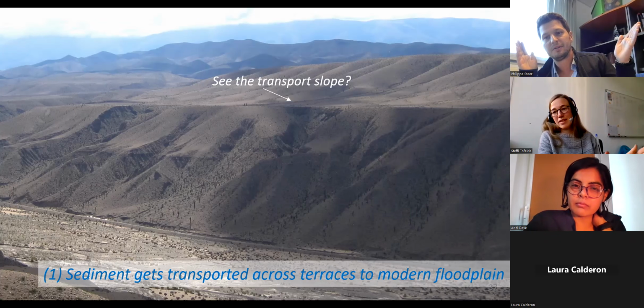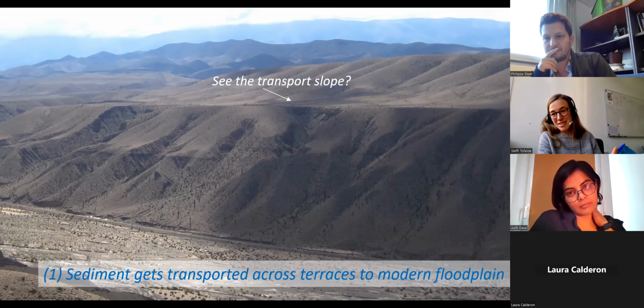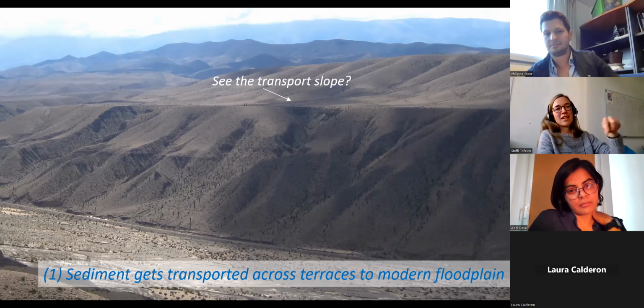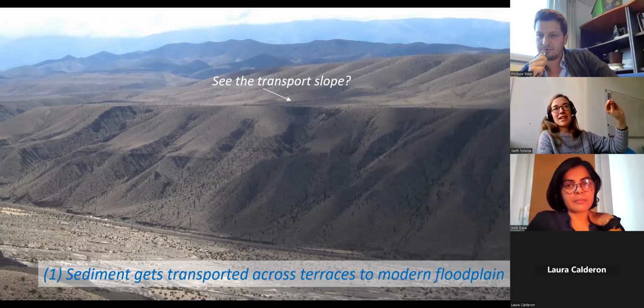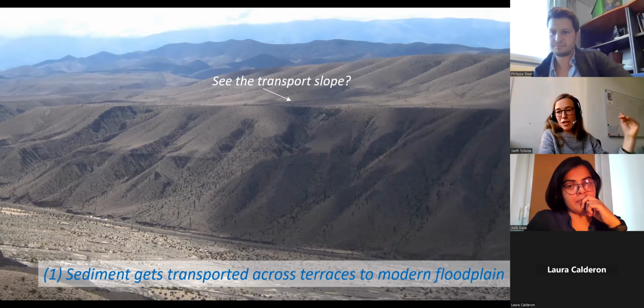So the question is always then, do you start to change your transport capacities? The idea that we had is that these terraces in Toro really formed due to this climate cycle. So we thought that at each point along the cycle, the conditions are probably very similar. But if you have long-term changes in any of these boundary parameters, in tectonics, or if you would be in a set